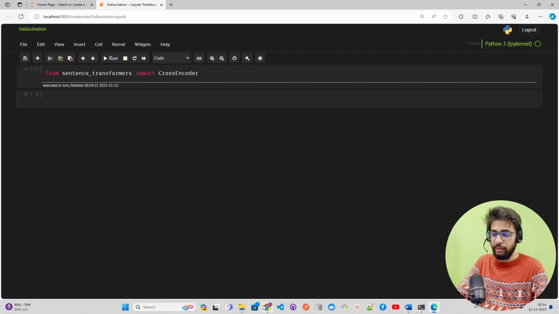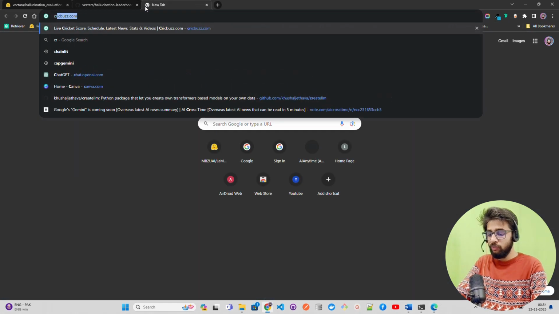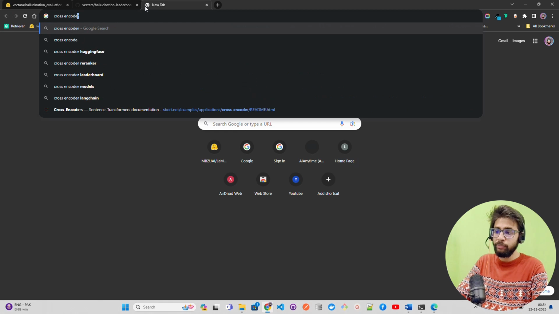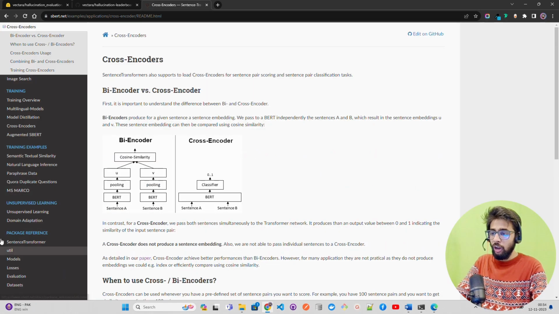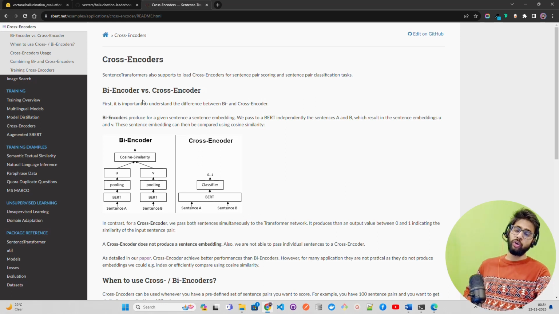CrossEncoder is very famous, and sentence transformers also has something called a bi-encoder, and you can read about those in the sentence transformers documentation. Maybe you can read it over here. Now if you open Cross-Encoders, you can see it gives a comparison between bi-encoder versus cross-encoder. In natural language processing, earlier when we were working with BERT, etc., we used to do a lot of these things, right? So the bi-encoder focuses on cosine similarity. You can find it over here. And for the cross-encoder, if you look at the differences,